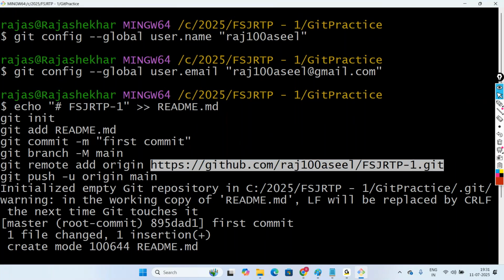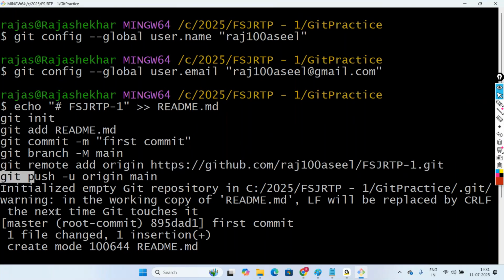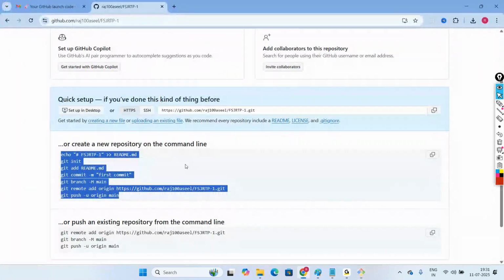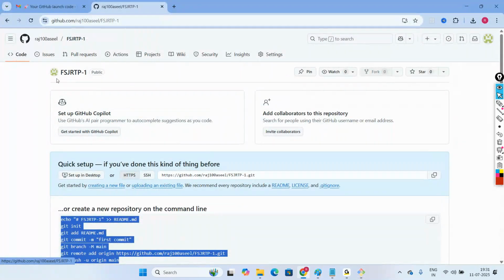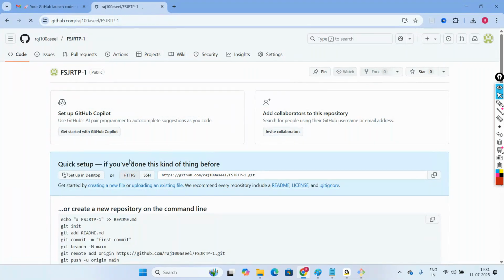Then we are saying git push. What content do we have now? This readme.md will be pushed into our repository. Check it here. Open our GitHub, and if I click on this, this is our repository name. If I click here, now you can see